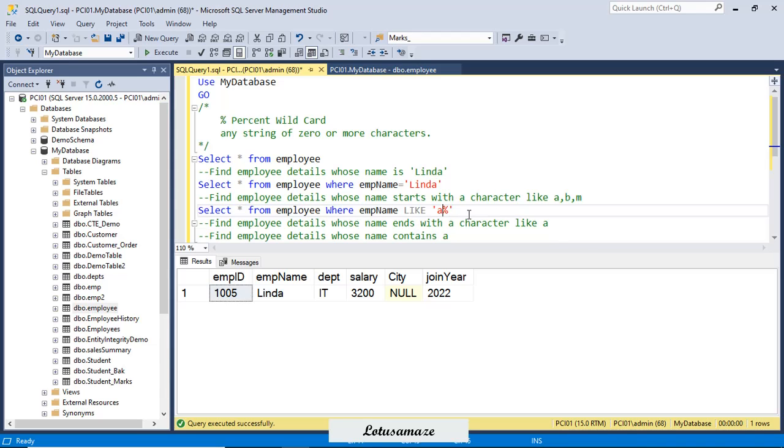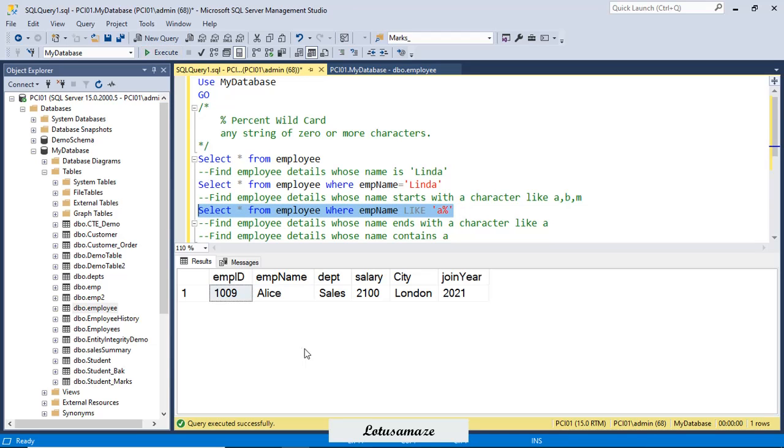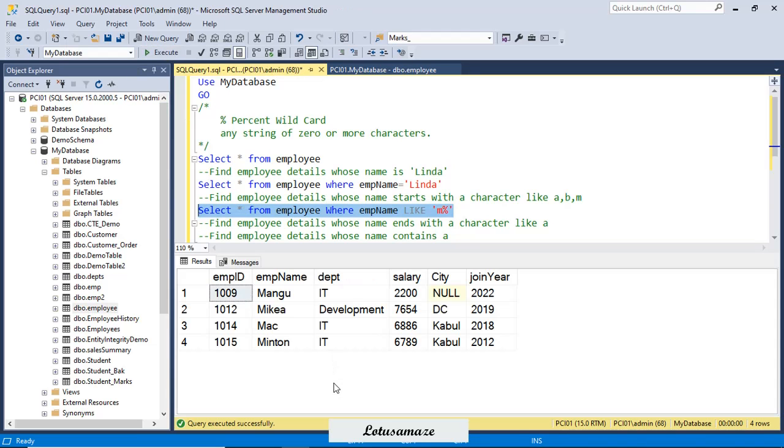If I execute this query, I get one record, employee name Alice, which starts with A. And if I try M, I get 4 records, and you can observe in the employee name that all names start with the M character. So this is pattern matching.